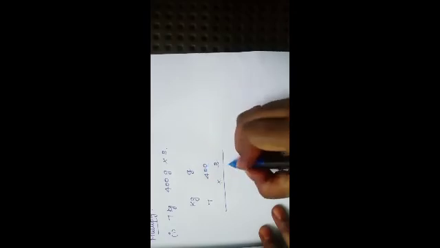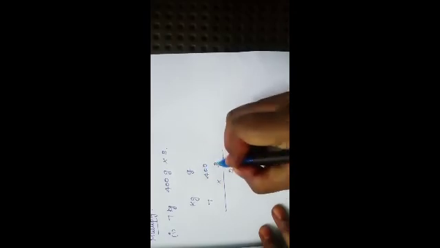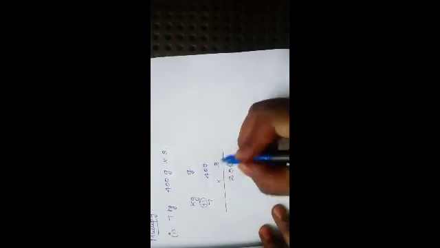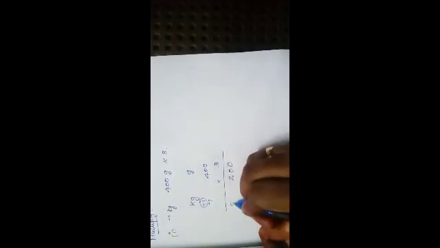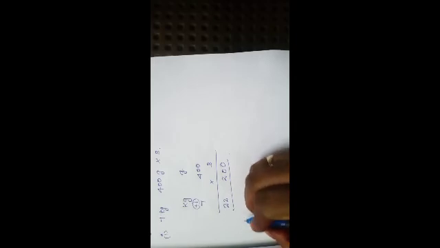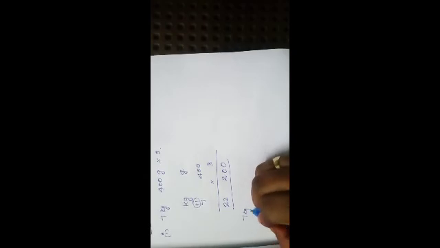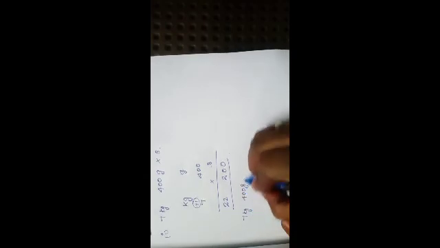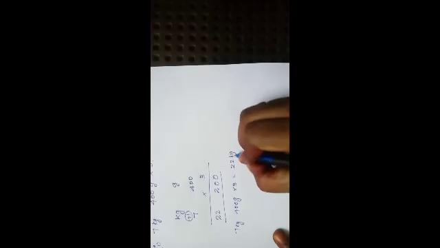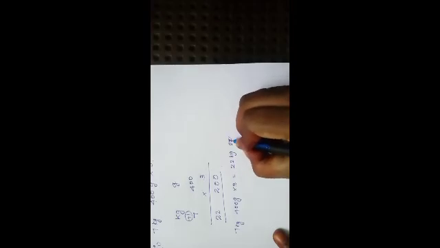So 0 3s are 0. 3 zeros 0. 4 3s are 12. 12 we can't write as such. We should write 2 over here and 1 is carry over for kg. So 7 3s, we will multiply, we get 21. 21 plus 1 is 22. Therefore 7 kg 400 gram multiplied by 3 is equal to 22 kg 200 grams.